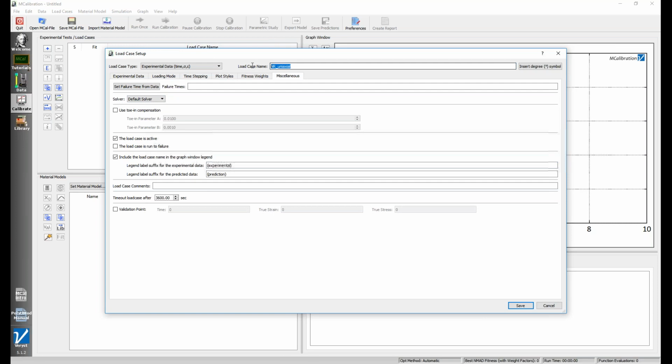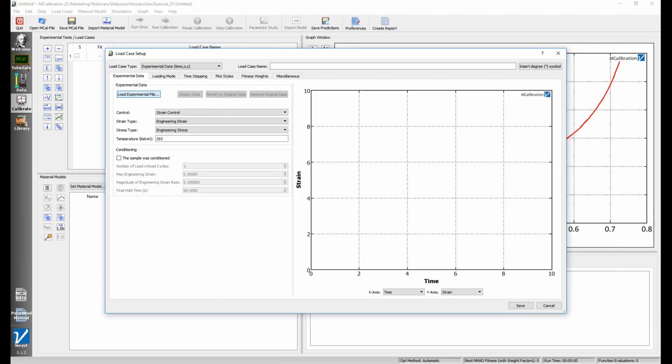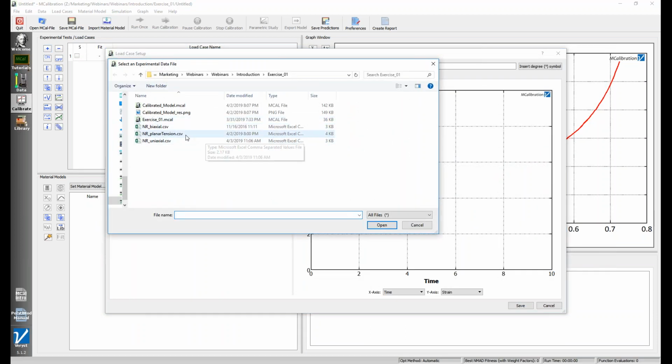So I brought in the data. I'm going to change this and just say uniaxial tension. And I brought the data here. I'm going to do that, but I'm going to do it fairly quickly with less explanation for the next 2 load cases. So I'm going to hit new load case, load experimental file, and I'm going to bring in the